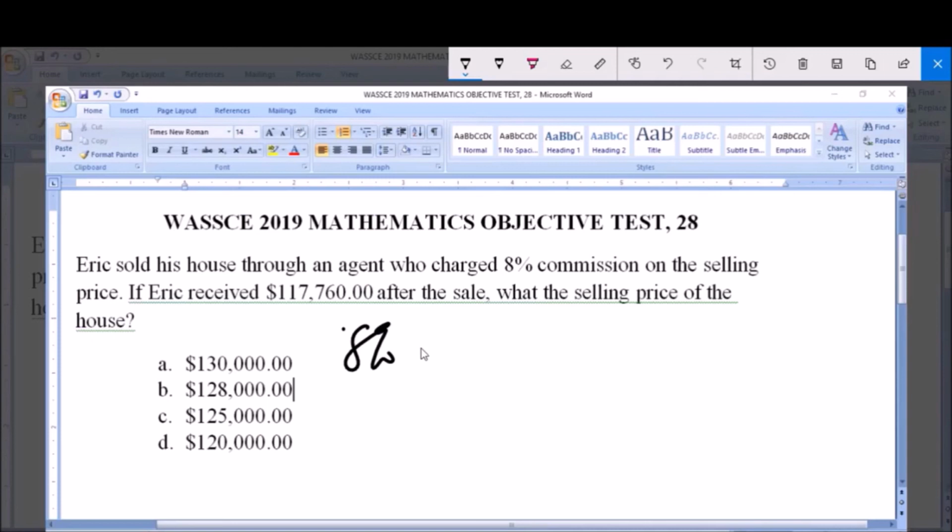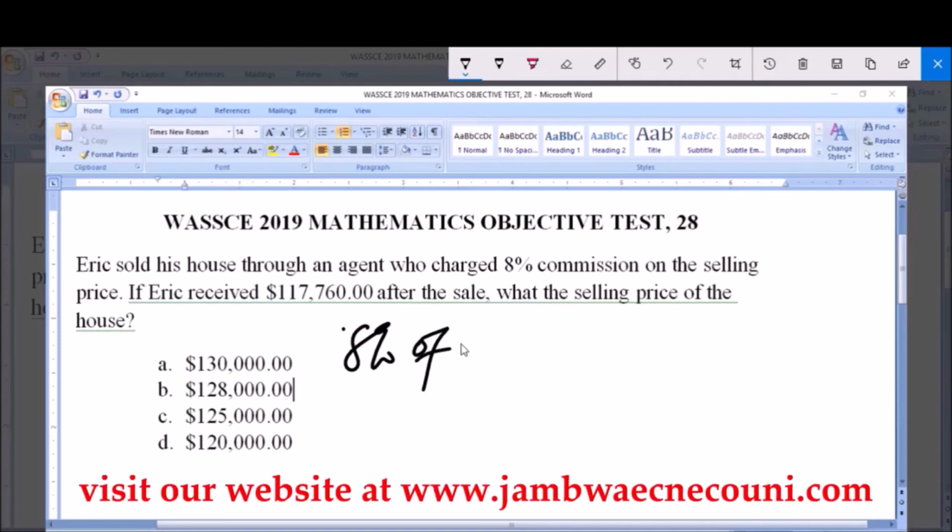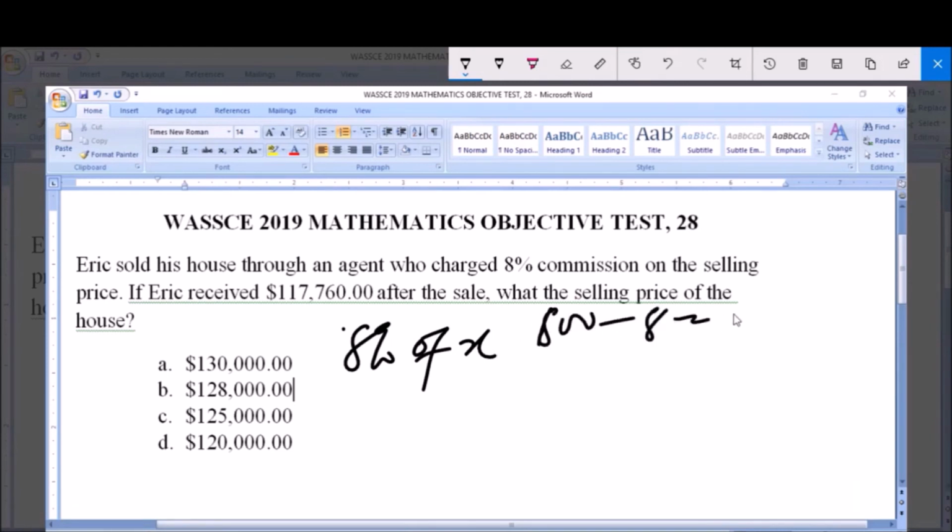Take 100% minus 8, that's 92. So Eric received 92%. If the house agent took 8% and Eric received 92%, so 92% of X, which is the original price, is equal to